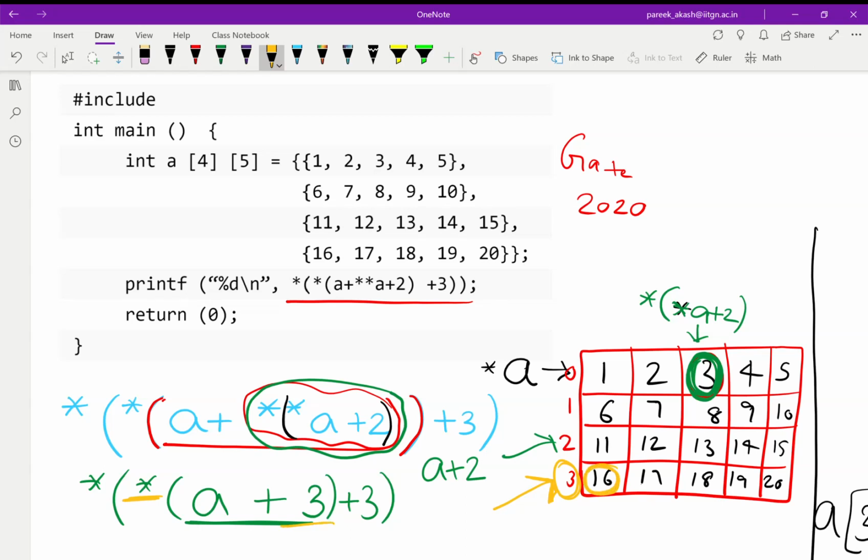Once we have evaluated the base address of 16, plus 3 will take us to the base address of 19. And just doing the star, we will get the value. That means doing this star, we will get the value as 19. So our final value will evaluate to 19.